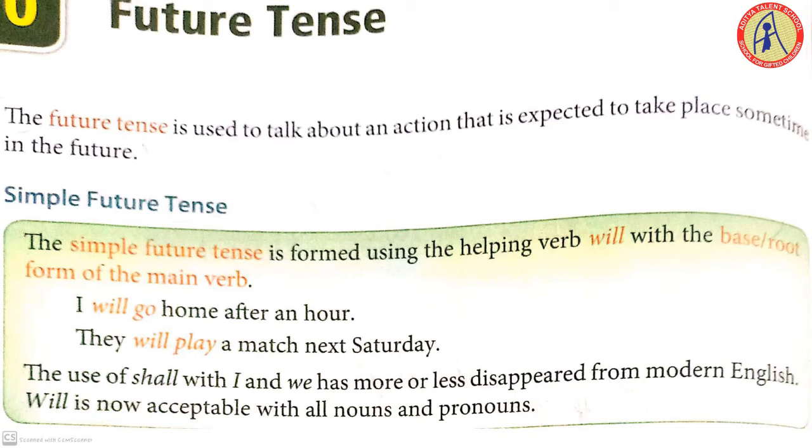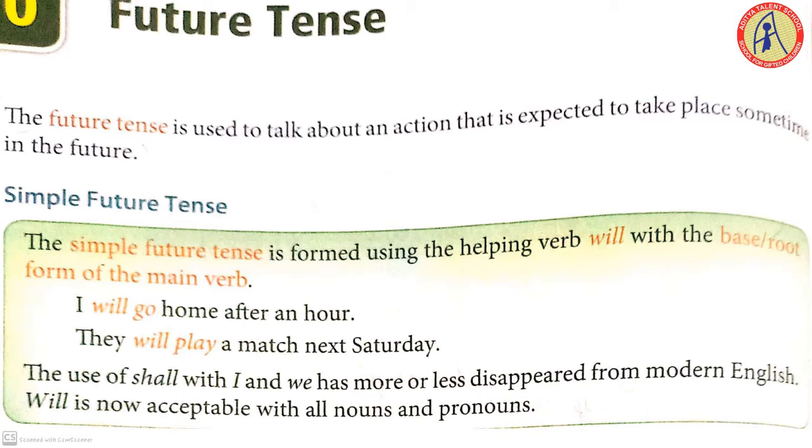If you are going to expect something to happen, if you are planning to go to some place, automatically we use the future tense. I will go to the school tomorrow. I will help my mother in doing the things in the evening. Means right now you are planning that you have to complete it.